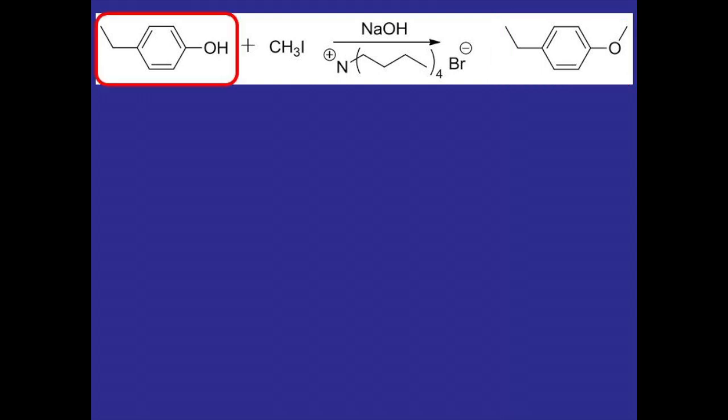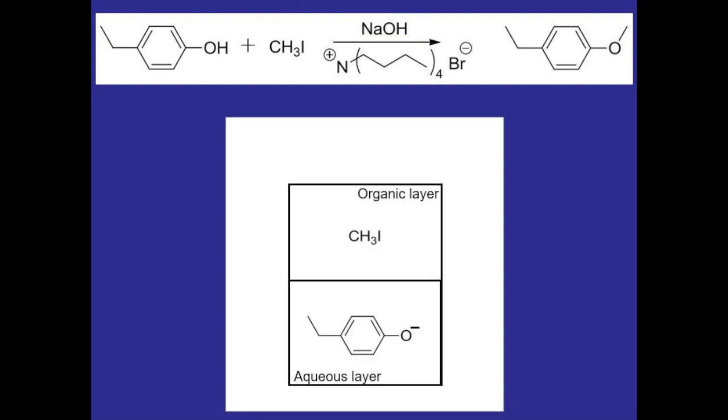Now, phenols aren't great nucleophiles. It's not going to backside attack the methyl iodide on its own, so we'll be using NaOH to activate the phenol so that it becomes a good nucleophile. The problem is when the NaOH reacts with the phenol, the deprotonated phenol will move into the aqueous layer where the methyl iodide won't follow. And so we need a way to get these two reagents to interact and to react with each other to